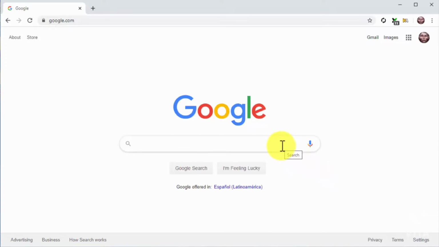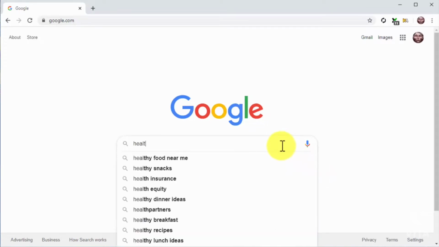What you'll do is type your niche keyword into the search bar and wait for the autocomplete suggestions. These are the most popular search terms that your audience is using on Google. And the good news is that by using these terms you can rank your videos on top of the search results pages. We'll be teaching you how to do that in an upcoming lesson. So let's continue with what we have at hand.